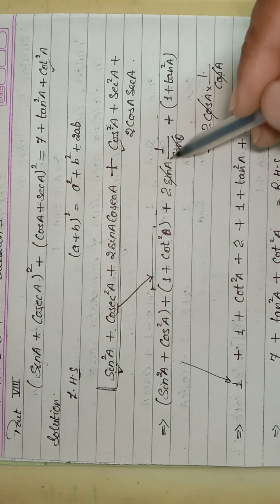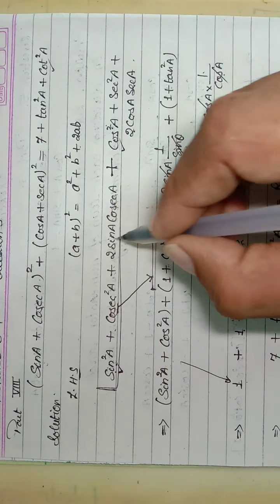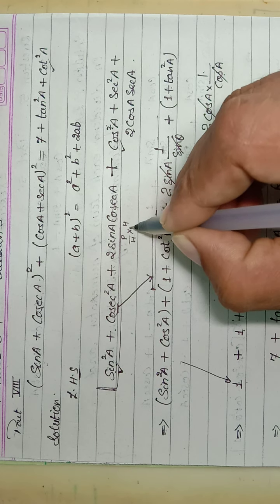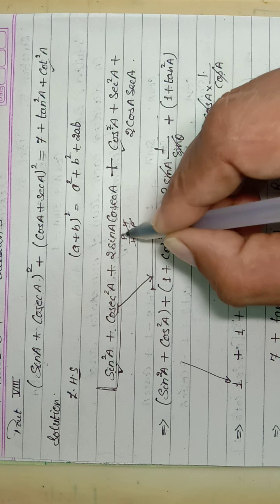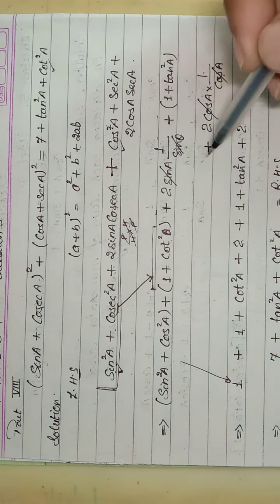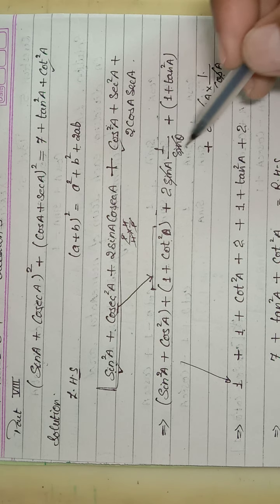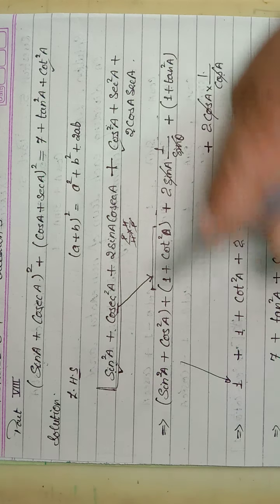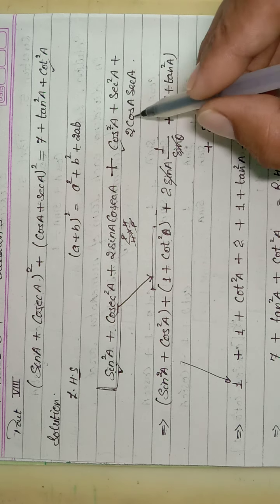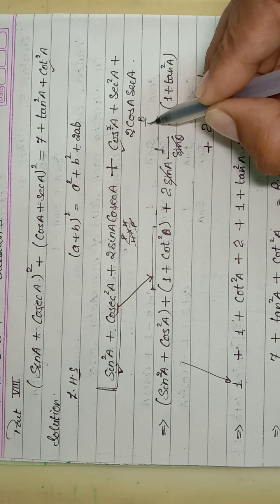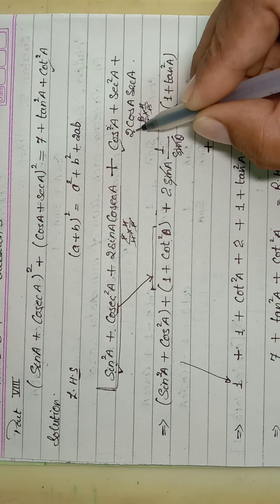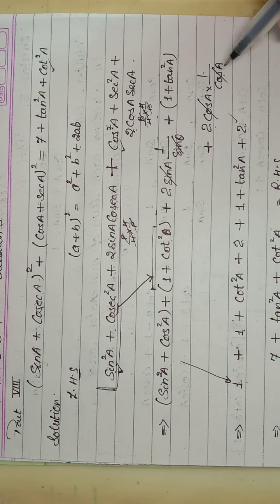If I am not going to write it in the same way, then you can see sin is what? Perpendicular upon hypotenuse, and cosec is hypotenuse upon perpendicular. Again you can directly cancel it and directly take the 2. But to explain to you I have written this in the form 1 upon sin. Then cos already gone there. Sec can be written in the form of 1 by cos. Then again you can see cos is base upon hypotenuse multiplied by sec, which is hypotenuse upon base. This can be cancelled, so 2 will remain here at the end. You can see 2 is here.